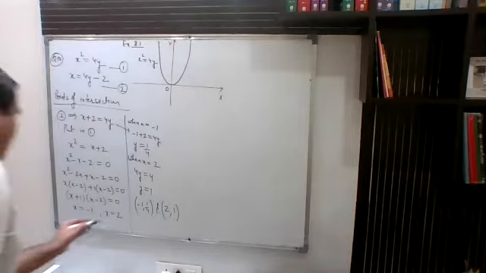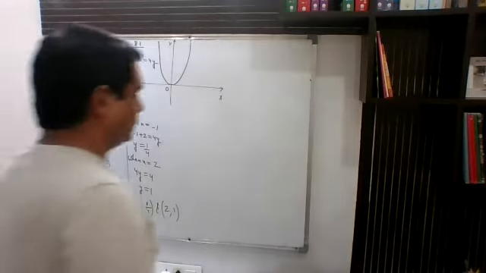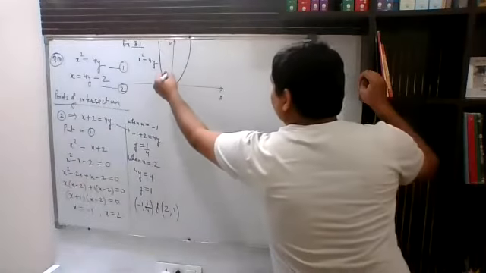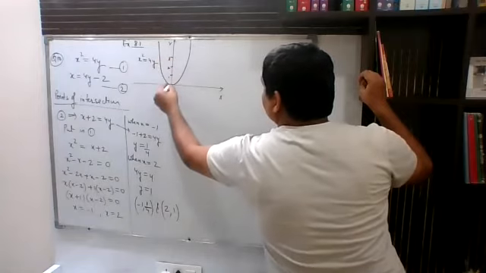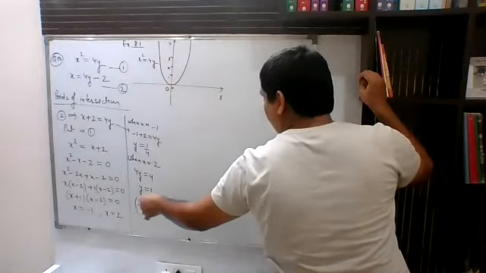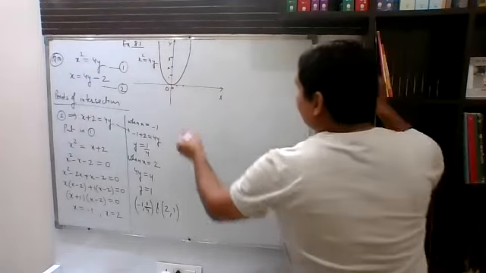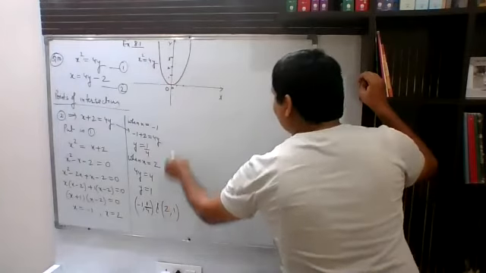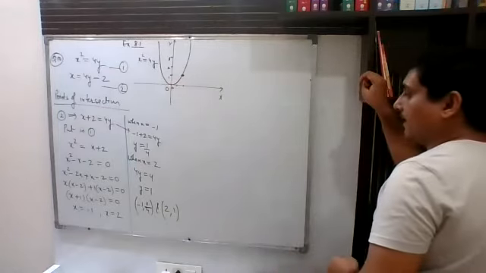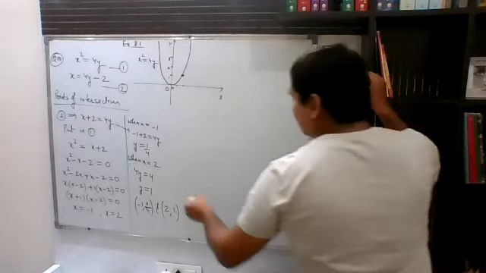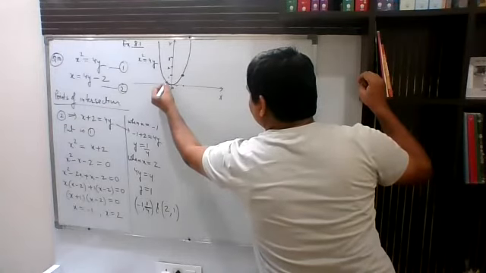Now, we will draw the line also. Let us take some scale. Suppose this is 1 and this one is 2. Here we have 0, this is 1 and this is 2. So one point of intersection is 2 comma 1, which is over here. And another point is minus 1 comma 0.25, whose height will be over here.